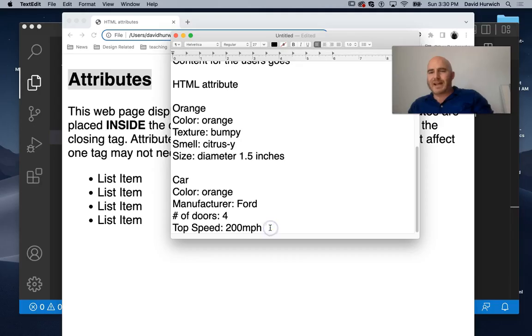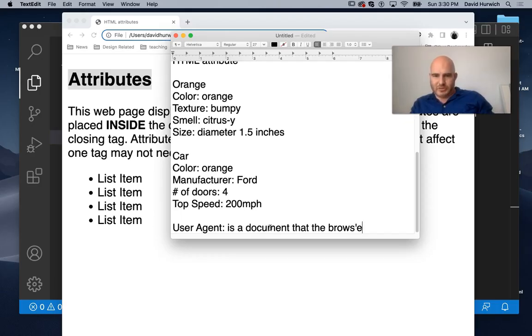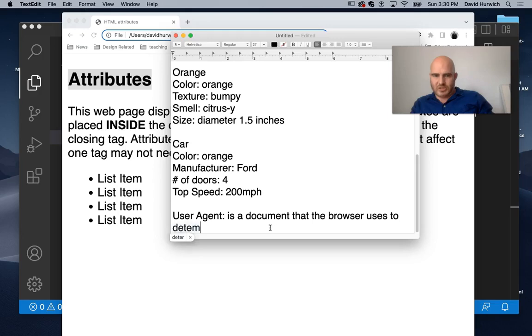your browser actually has something that states what the default visual look of everything is. That is what's called a user agent. Okay, so a user agent is a document that the browser uses to determine the default look of a web page. So in other words, if you just have a pure HTML document with no visual information, the user agent of